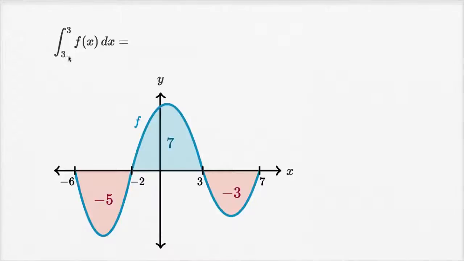So we want to evaluate the definite integral from 3 to 3 of f of x dx. And we're given the graph of y equals f of x and the area between f of x and the x-axis over different intervals. Well, when you look at this, you actually don't even have to look at this graph over here, because